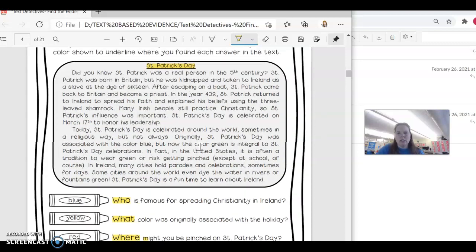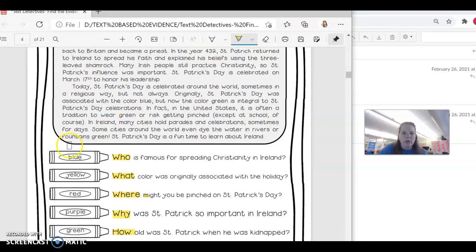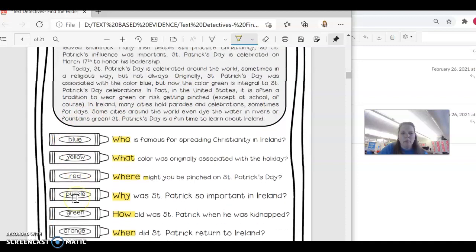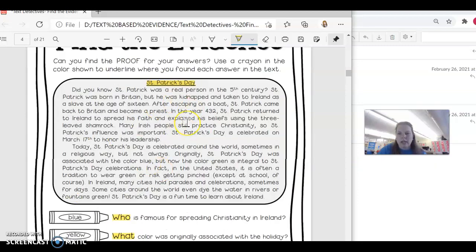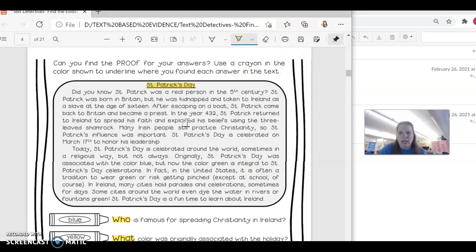The next thing you're going to do is reread this story on your own. If you need help rereading, you can rewind the video and listen to Miss Esther read it one more time. Then I want you to take the correct colors, blue, yellow, red, purple, green, and orange, and go back to your text and find the sentence that helps us answer each of these questions. When you're finished with this worksheet, you're going to simply place it in your folder in the I'm done section, and Miss Esther will collect it later. Can't wait to see how smart you are.